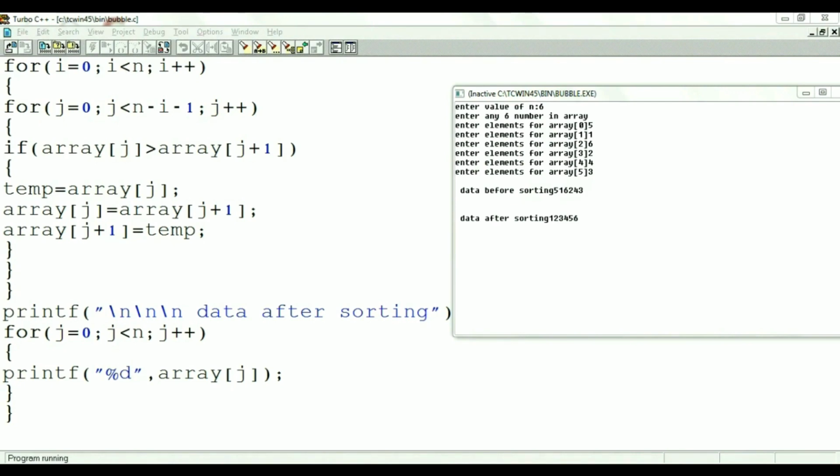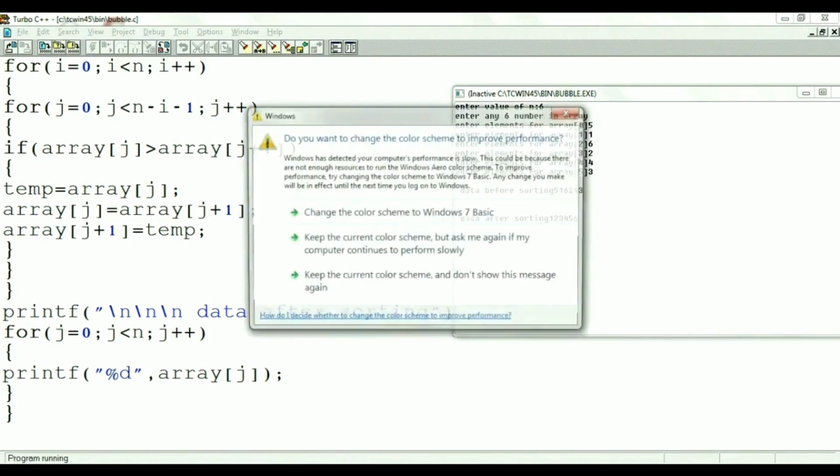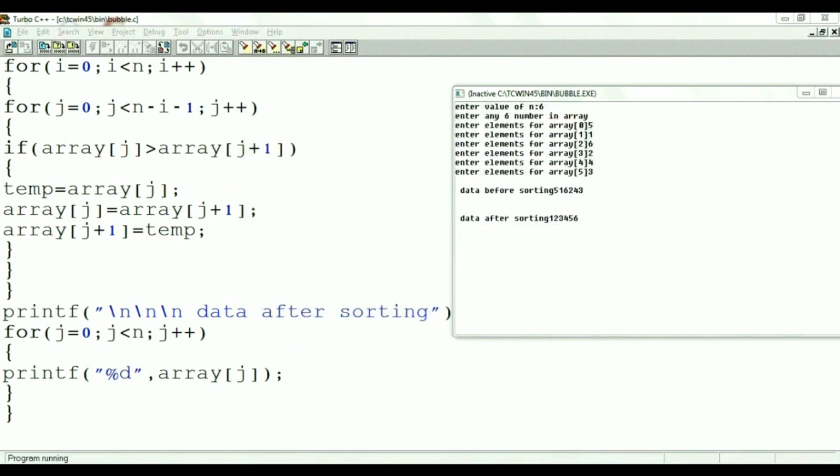So it will enter into the if condition if the test condition is true. As 5 is greater than 1, it will enter into the if statement. a of 0 greater than array of 1. Then temp equal to array of 0, that is array of 0 value is assigned to temp variable.